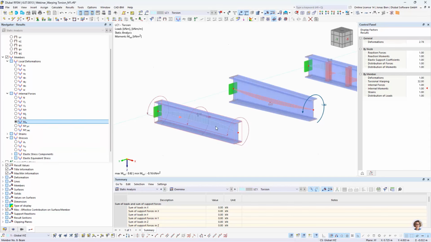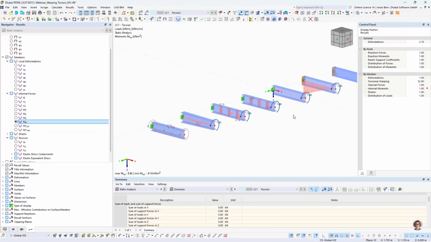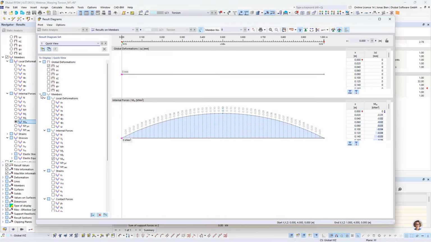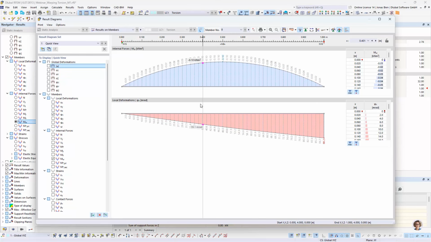So we have added basically a warping restraint. And as I said, all of those cases have in common that we have a non-constant twist. And we could, for example, check that by looking into the rotation along the beam and then compare the values here. I mean, it's not too obvious,